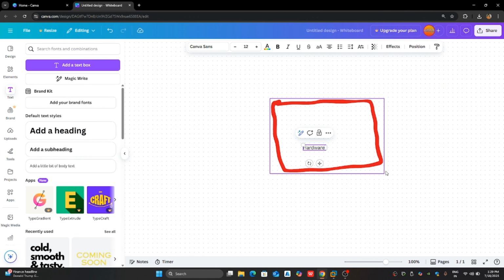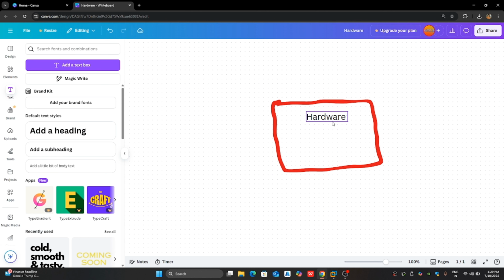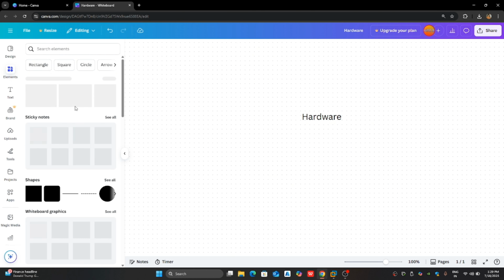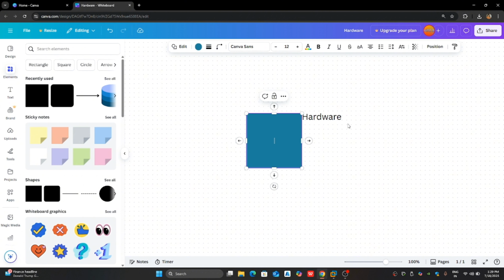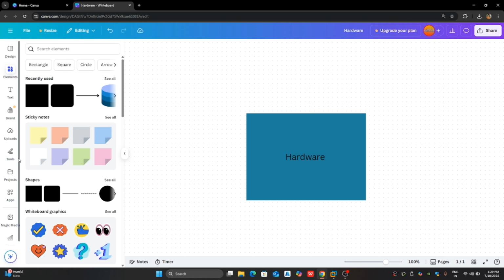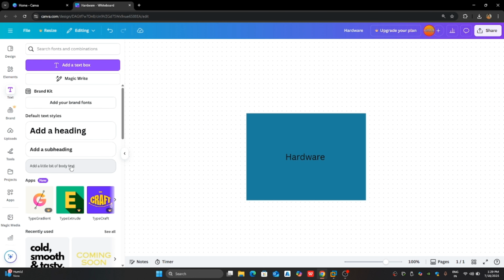This hardware will have some specifications. Let's take a good image so it will be easy for us to understand. This is your hardware, and this is your computer. For example, in my case, I'll take this